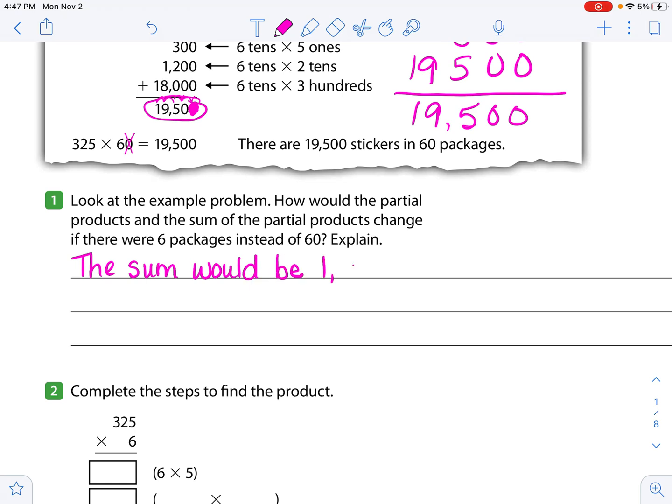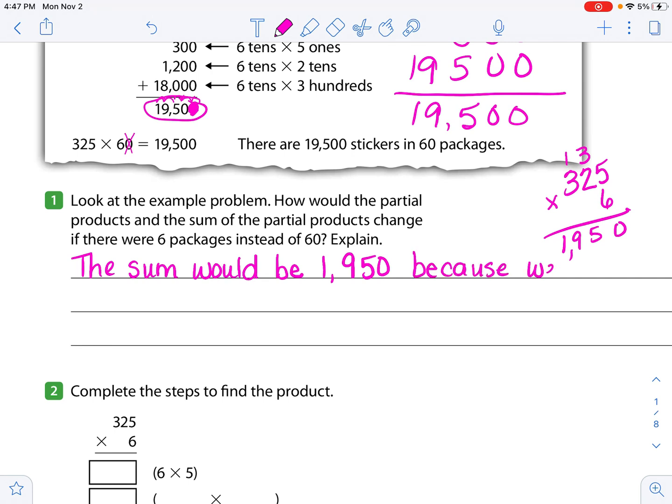So the sum would be 1,950. Well, let's check. Let's check our math. Don't ever just guess and think you know. Let's just check. Sure enough, because 6 ones, we just basically took an entire place value and shifted it backwards, okay? So the sum would be 1,950